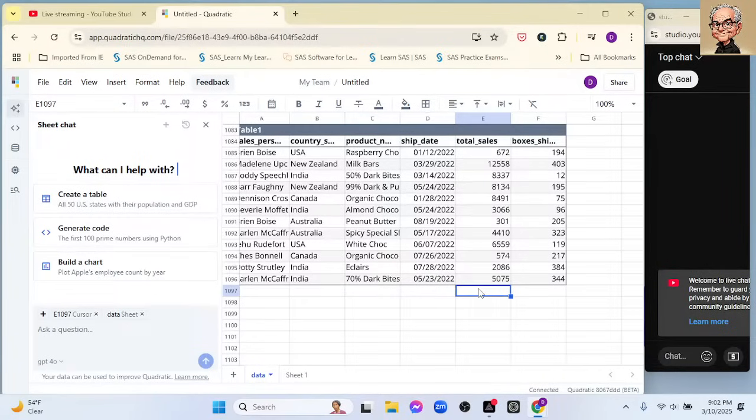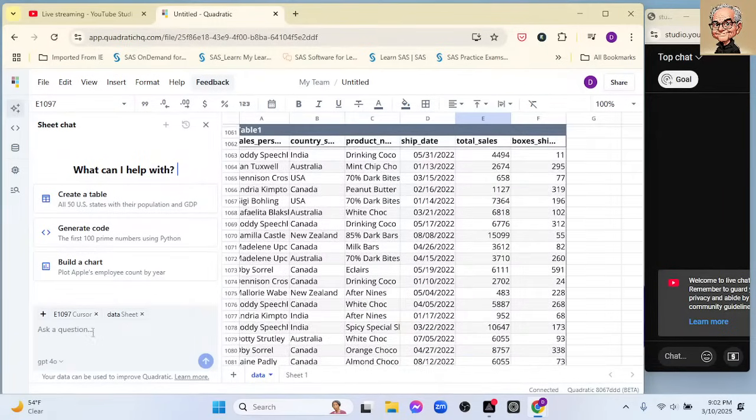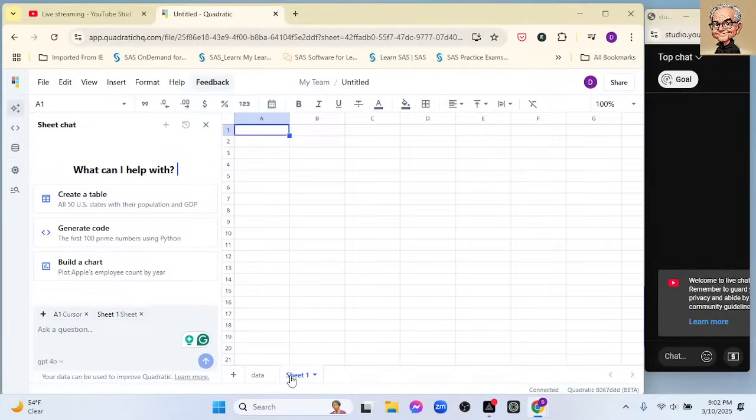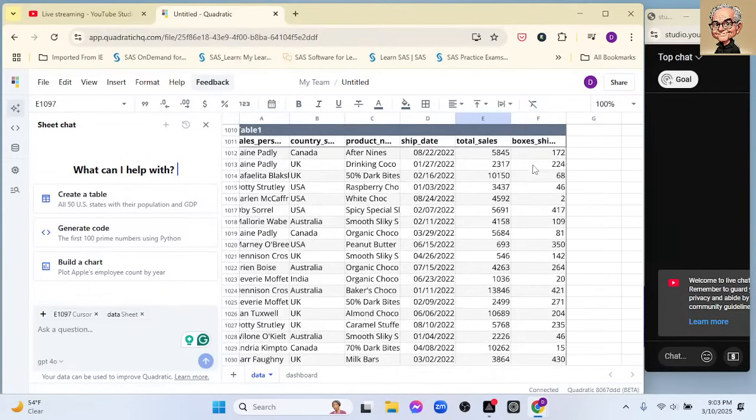But anyway, the first thing we'll do is let's just try something easy. Now, one thing you want to tell is if we wanted to write to a sheet, if we want to write the output to the